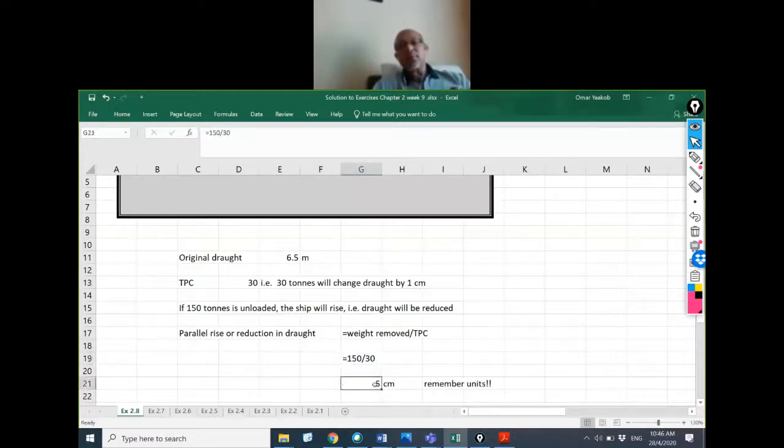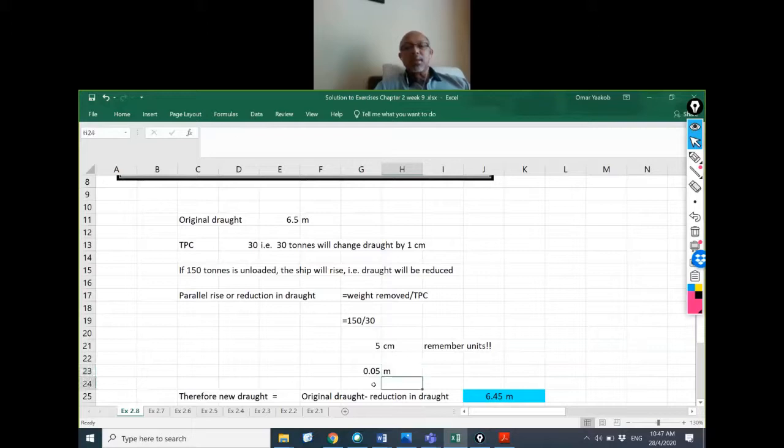So you get 5, but you need to remember, it is centimeter. Because 30 ton changes 1 centimeter. If it's 150, it changes 5 centimeter. So you change that into meter, then you can get the new draft, which is the original draft minus the reduction in draft, 6.45 meter. So that's all for the 8